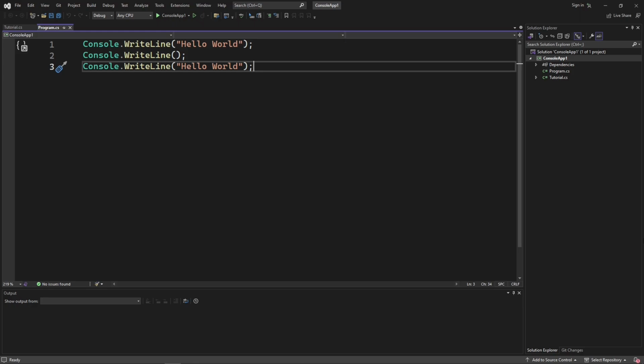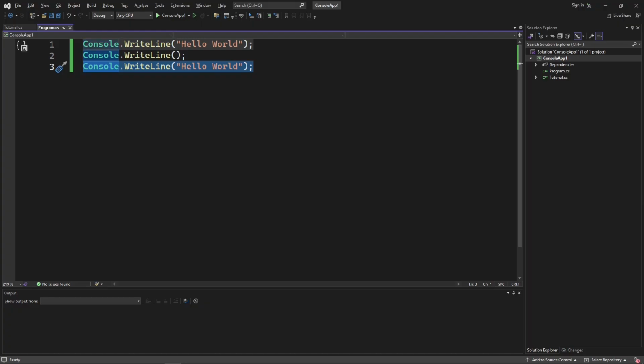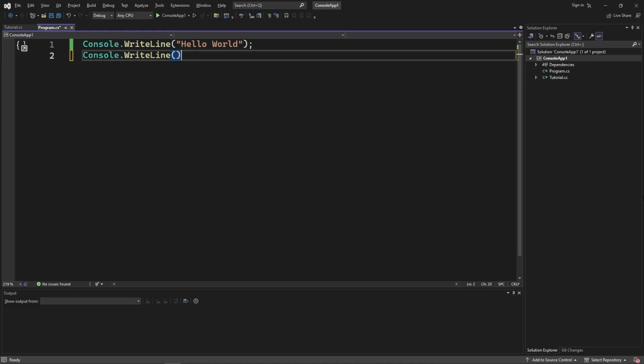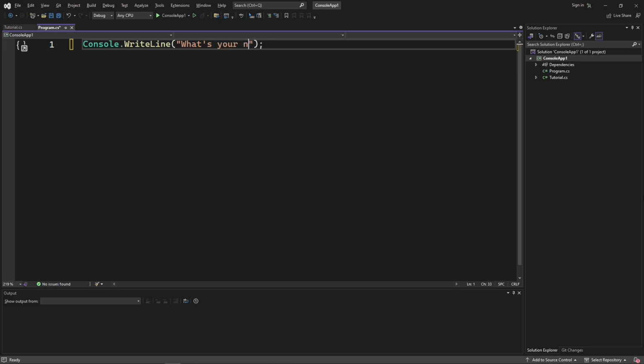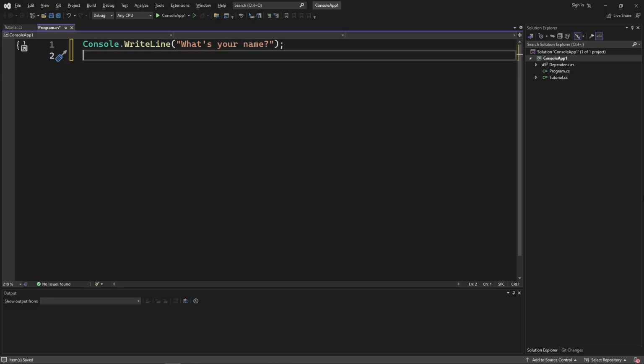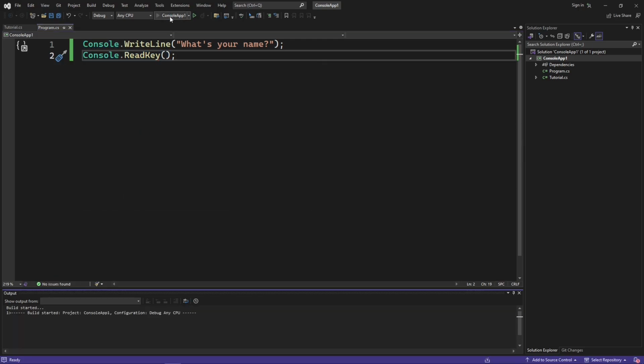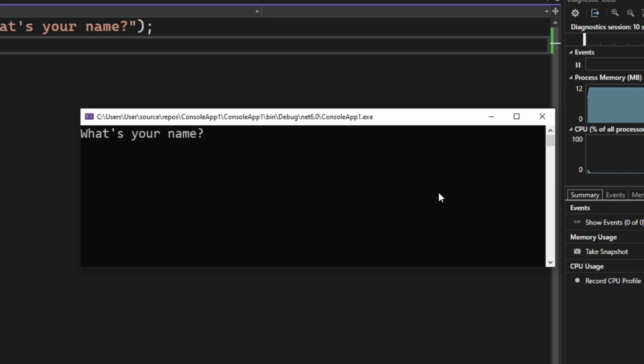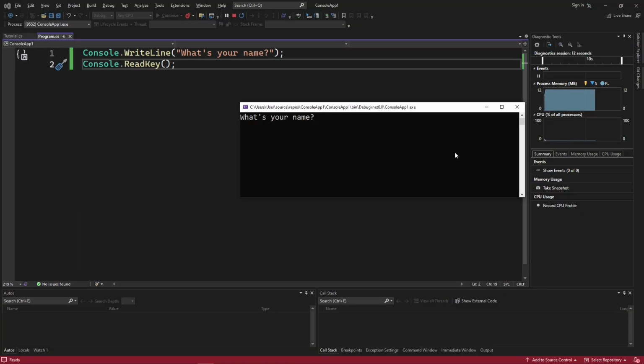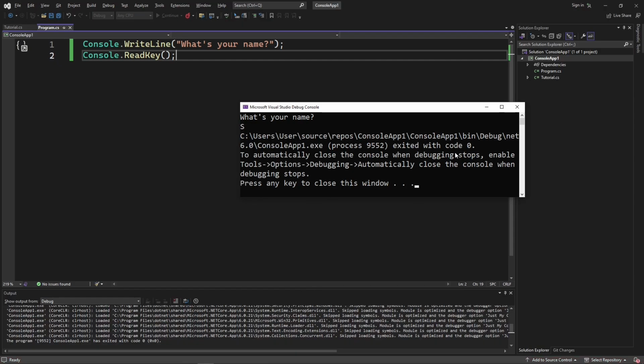And next up is user input to console. Delete the second hello world and the empty console.write line, and change the hello world into what's your name. Press enter to go below the console.write line, and type console.readKey. Then hit run again. We can see that there's this thing flickering under the W. This means that we can now write in our console. Type your name and see what happens. We see that only the first letter was displayed.